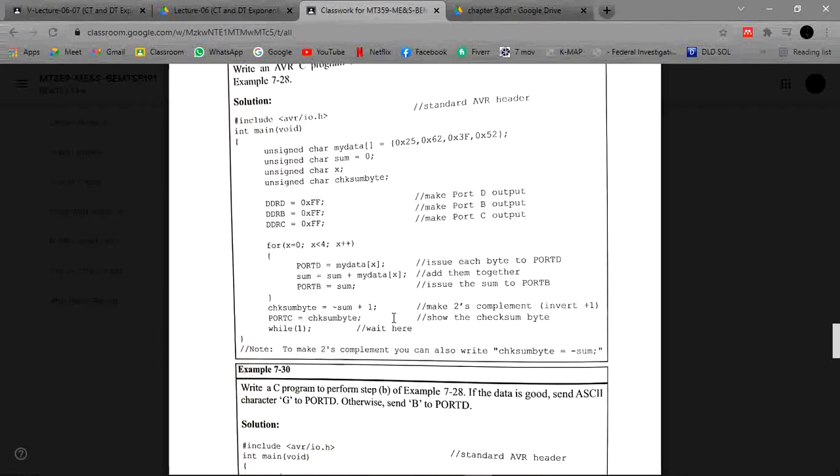So we have three ports, and we have to declare all our outputs on the three ports D, B and C. With the help of the direction register, we are setting output on ports D, B and C. With the help of this loop, x from 0 to 4, it will run four times: 0, 1, 2 and 3. When the first loop begins, port D is my data x,